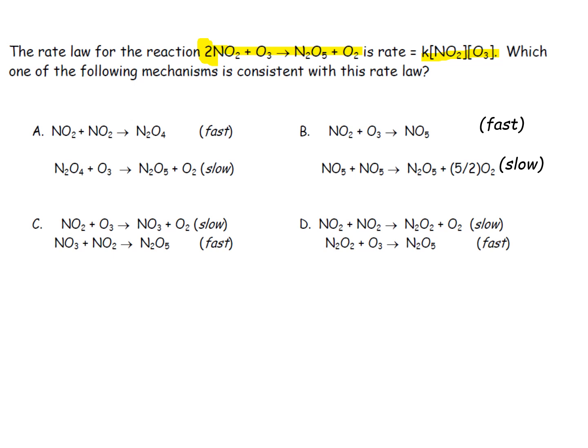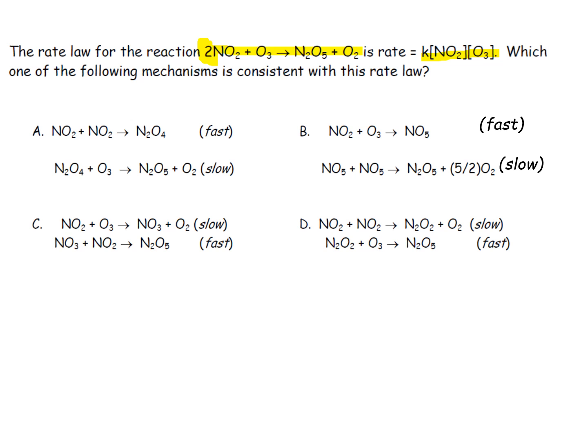So obviously there are at least two steps. It's not a simple situation where you have only one step. Otherwise, it would be second order with respect to NO2. So they have proposed 4 different mechanisms. You need to figure out which one is consistent, is plausible, because 3 of them are not. Okay. So what you have to look at